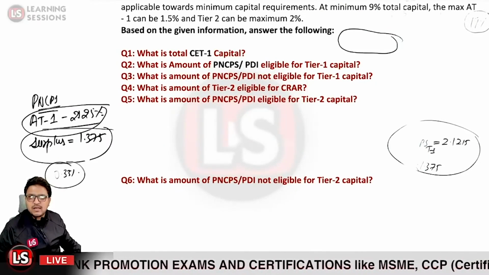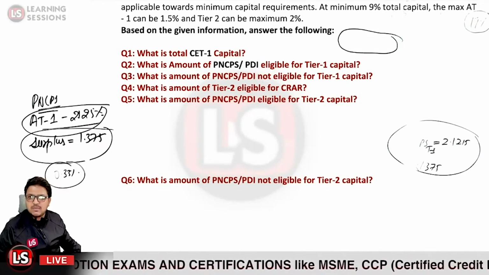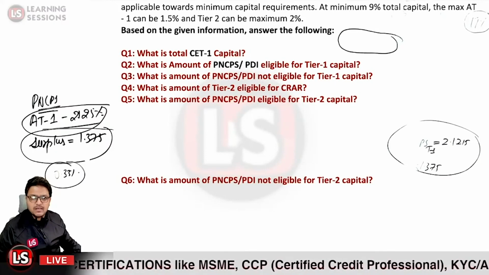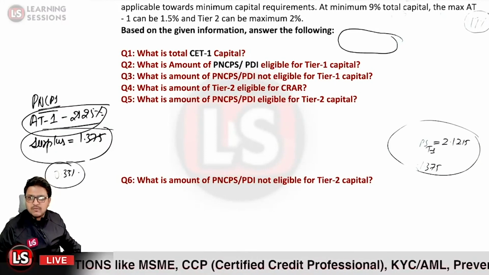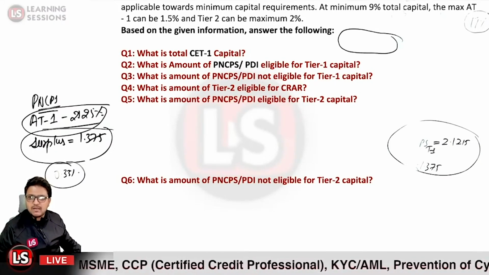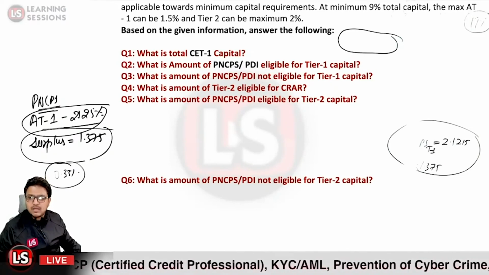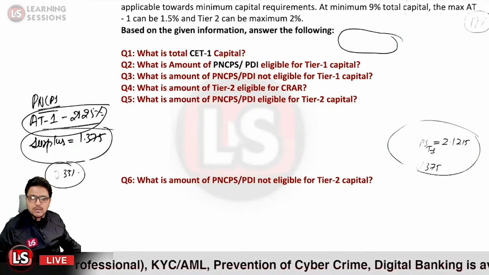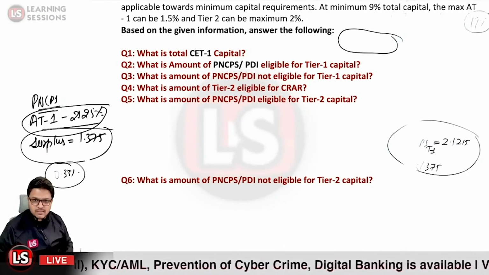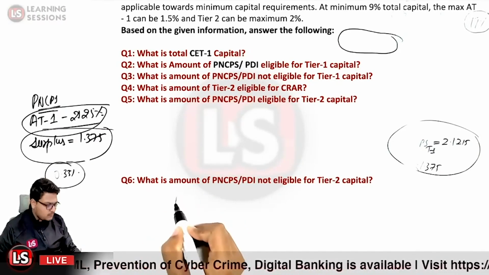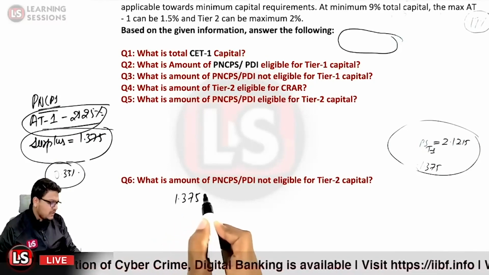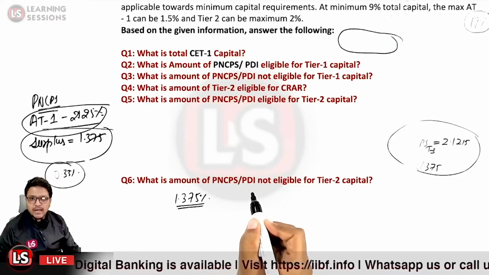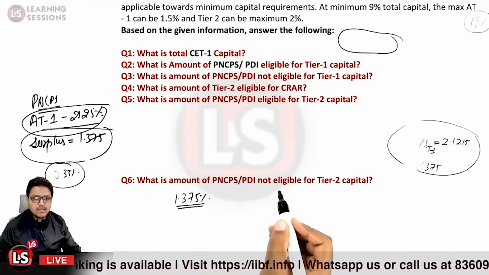Kindly please do answer at the earliest. What amount is not eligible for the PNCPS or PDI capital under tier 2 capital? So what particular capital is not eligible for tier 2 capital? We have already calculated the surplus, and the surplus came out to be 1.375%, and I already told you out of the tier 2 capital,